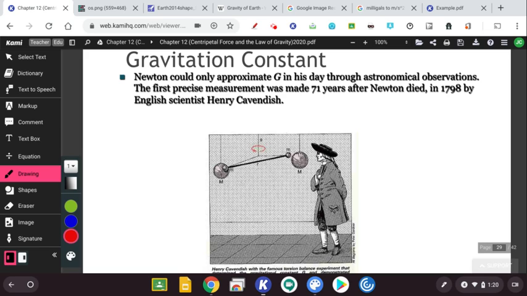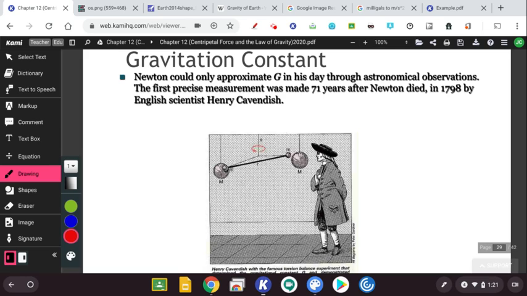who the Cavendish lab at Cambridge University is now named after. And he does an experiment. He does a number of experiments. He was what we would today call an experimental physicist. And as you can see here, this was done 71 years after Newton died. And so what Cavendish does is he takes heavy, dense spheres of mass, and he hangs them,